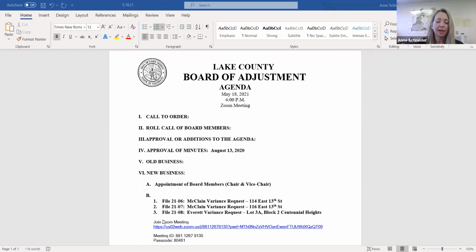Yes, and I'm actually, I had it ready. Let me screen share that. Excuse me, this is 114 East 13, and 116 is immediately adjacent to the west. I'm sorry, Dick, you would have caught me on that. So this is a site plan designed on what Dick would like to do on these lots.